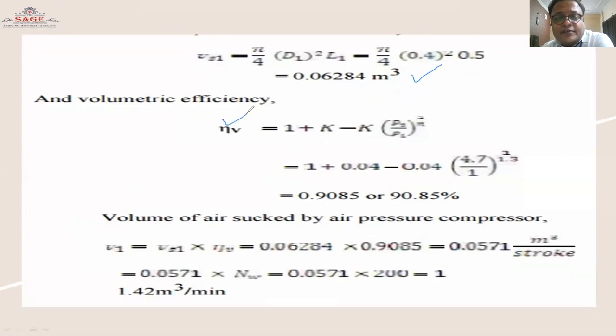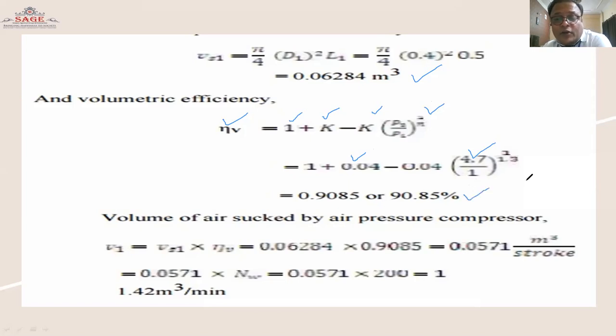This formula is very well known: 1 plus k minus k in the bracket of P2 by P1 to the power of 1 upon n. The clearance ratio is given, the clearance volume is some percentage of the swept volume, so 0.04 minus 0.04 in the bracket of 4.7 by 1 to the power of 1 upon 1.3. It will become the volumetric efficiency